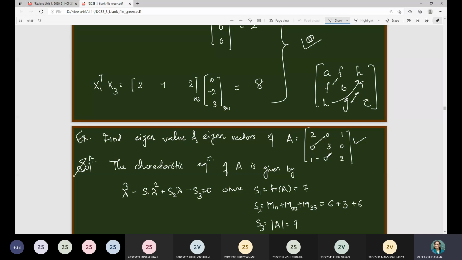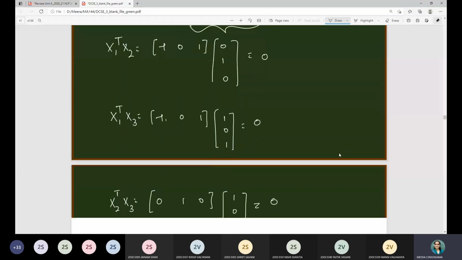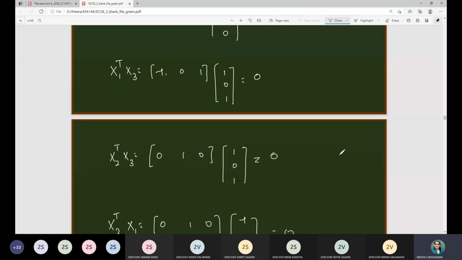So here you can see this is a symmetric matrix. Even if you consider the transpose, you will get the same matrix. So here we have a symmetric matrix whose eigenvalues are repeated in nature, and it is a proved result that its eigenvectors are always mutually perpendicular. And we have seen the definition of an orthogonal matrix, that a square matrix is said to be orthogonal if x transpose into x is a zero matrix.